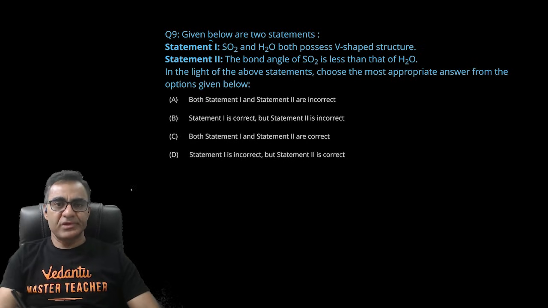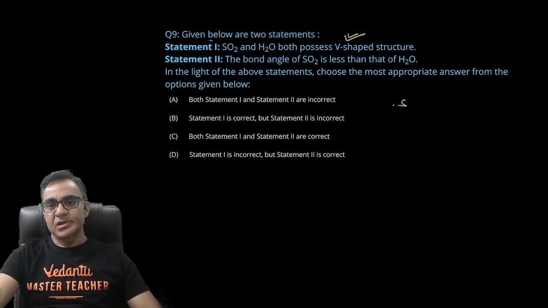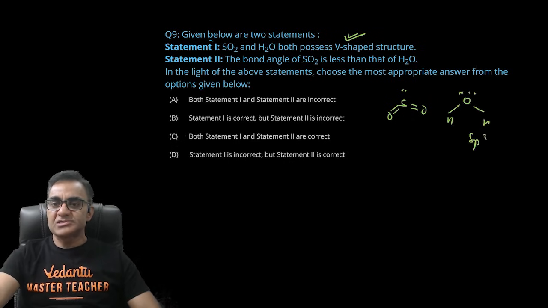टू स्टेटमेंट्स आर गिवन। पहला स्टेटमेंट है SO2 एंड H2O बोथ हैव V शेप सिमेट्री, ये बिल्कुल करेक्ट है। SO2 का sp2 हाइब्रिडाइजेशन होता है, एक लोन पेयर है, एंड H2O का 2 लोन पेयर है, sp3 हाइब्रिडाइजेशन है। दोनों केसेस में इन्वर्टेड V शेप या बेंट स्ट्रक्चर आता है, तो ये